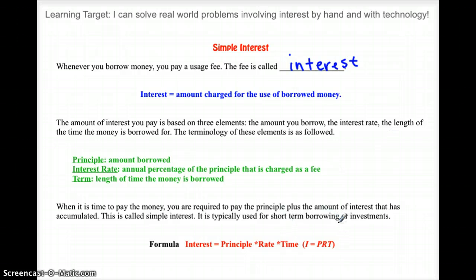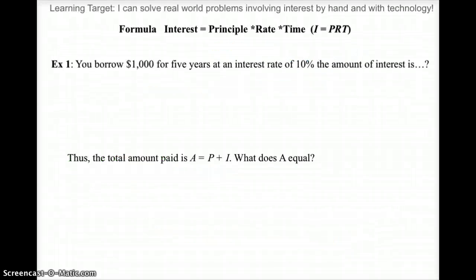When we want to just find how much interest we're paying when we're in a simple interest situation, this equation right here, principal times the rate times the time, will tell us how much we're going to be charged in interest. Okay. So if I borrow $1,000 for 5 years at an interest rate of 10%, the amount of interest will be